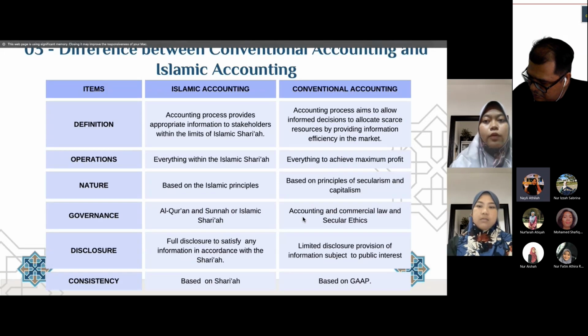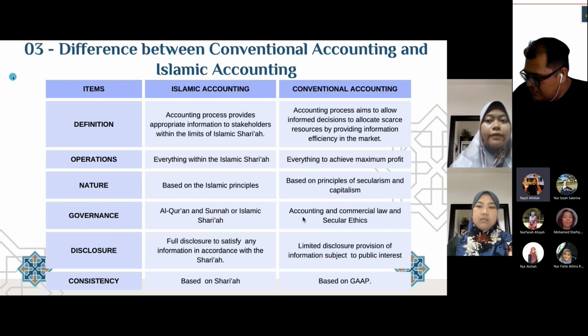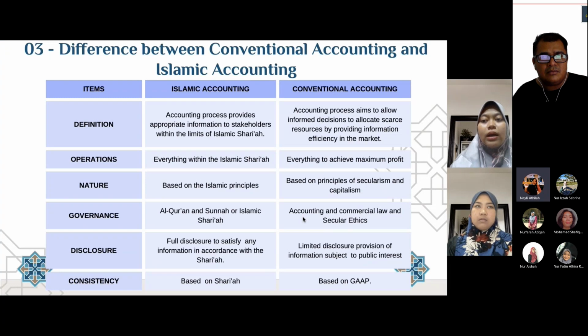Proceed with the differences between the conventional and Islamic accounting. Islamic accounting and conventional accounting have got differences in many points, among which the six basic ones have been highlighted in the following table. So for Islamic accounting, the definition is that accounting process which provides appropriate information, not only financial data, to stakeholders of an entity that will enable them to ensure that the entity is continuously operating within the limit of Islamic Sharia and delivering on its